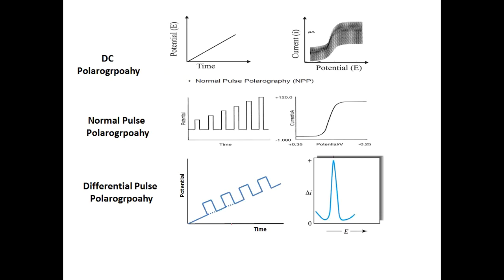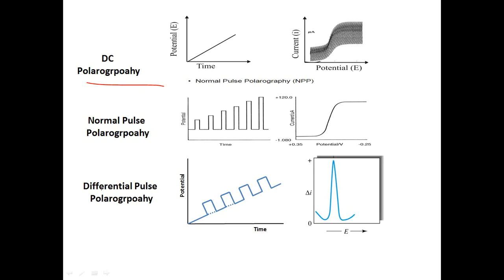So this is a comparison of the polarographic methods you have seen. This is DC polarography, simple direct current polarography, where a linear potential ramp is used, and the polarogram we get has more noise. Then we have seen normal pulse polarography, where from a constant potential you apply a pulse on each drop with an increased amplitude for each new drop, and you get this sigmoidal plot.